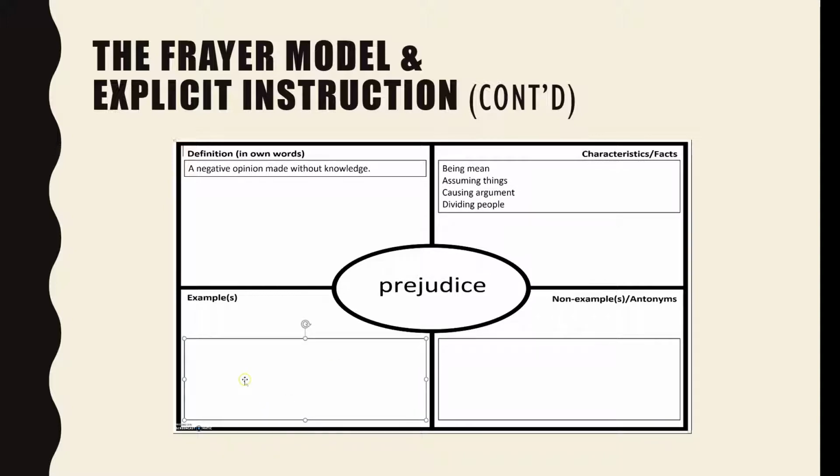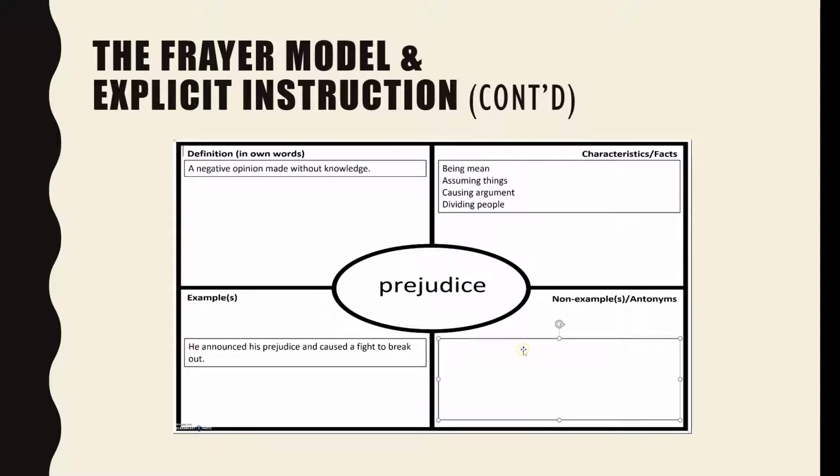Now we'll go down to examples, and here we're going to put together a sentence using the word prejudice. Can you come up with something? Yes. You can say he announced his prejudice and caused a fight to break out. Caused a fight to break out. He announced his prejudice and caused a fight to break out, right? So he made it known he had a prejudice and people took offense to that, and it caused probably some arguments. Correct. Right? And a fight broke out.